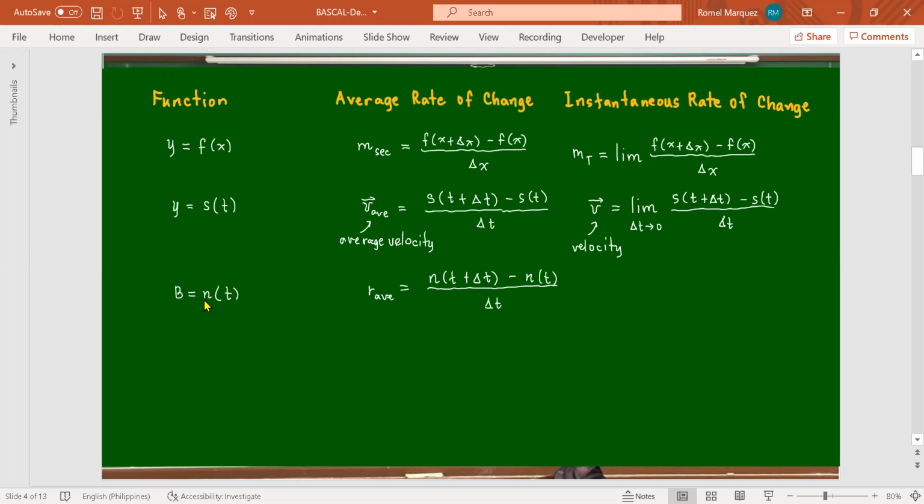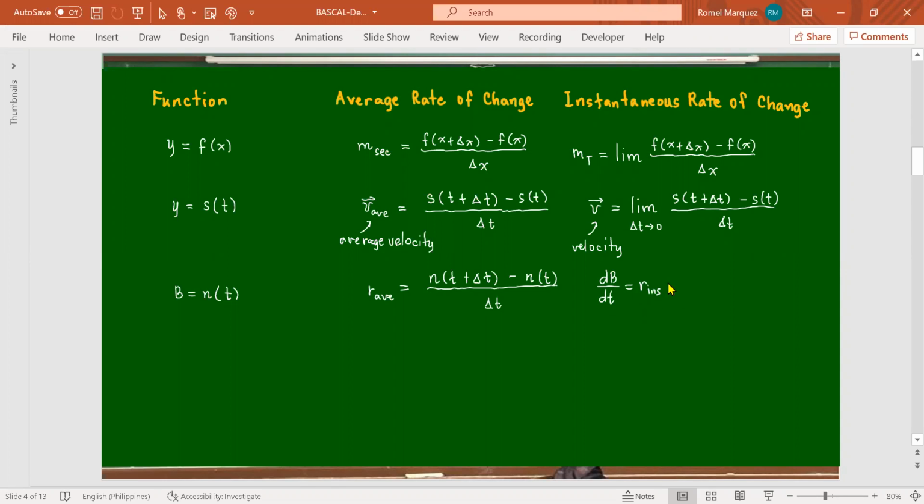At sa population naman ng bacteria, ito naman yung average rate of change ng number of bacteria with respect to time. So ano naman ang instantaneous rate of change? Actually, ang notation diyan, pwede ring derivative of b, with this notation, which we'll be having later. With this notation, tawagin natin rate